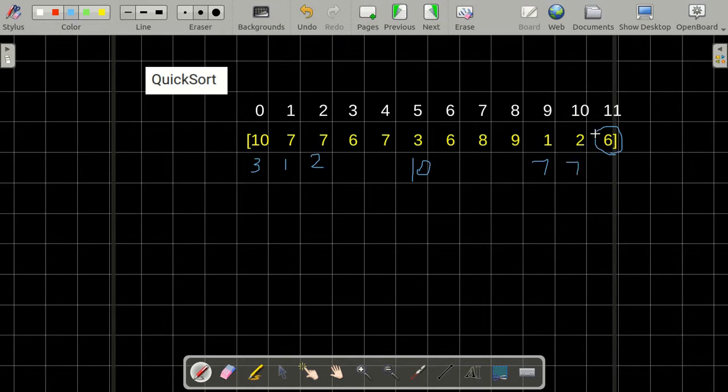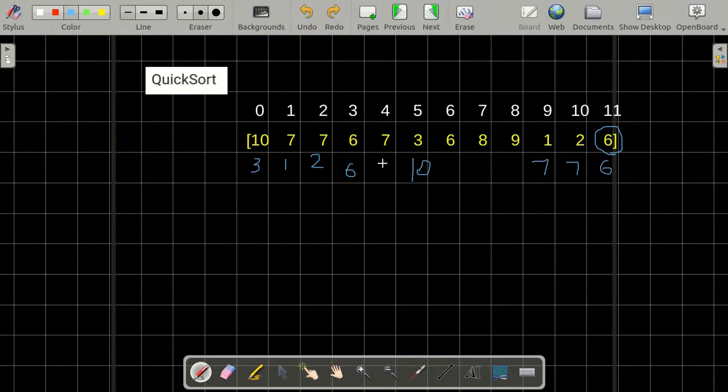And now as I have reached the last element, which is the pivot, we are going to swap these two indexes. Since these two indexes are the same, it will look like they are the same, but actually if I mark this as A and this as B, once they get swapped, this is A and this is B. So from here we can conclude that quicksort is not a stable algorithm because the order of occurrence of the same number is not the same once the array is sorted.